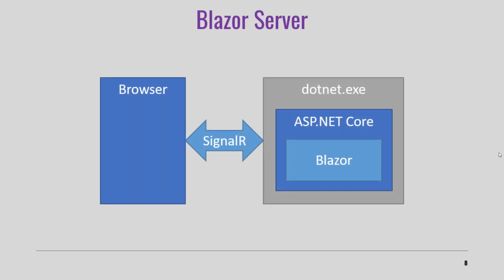Let us understand the architecture of Blazor Server. With the Blazor Server hosting model, the app is executed on the server from within an ASP.NET Core app. UI updates, event handling and JavaScript calls are handled over a SignalR connection. The state of the server associated with each connected client is called a circuit. A circuit can tolerate temporary network interruption and attempts by the client to reconnect to the server when the connection is lost.